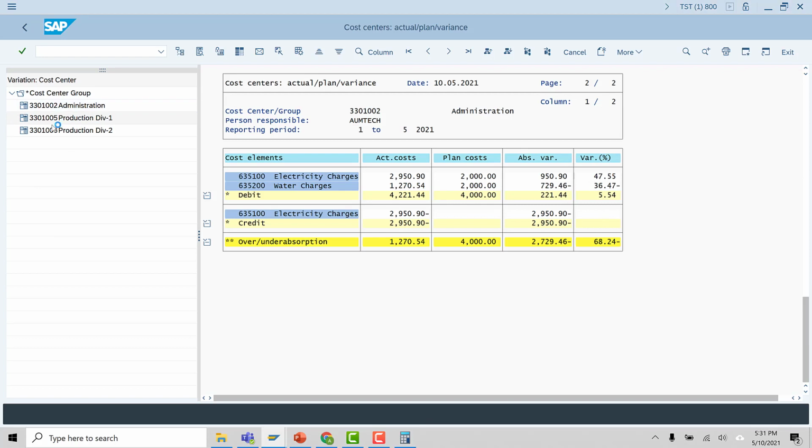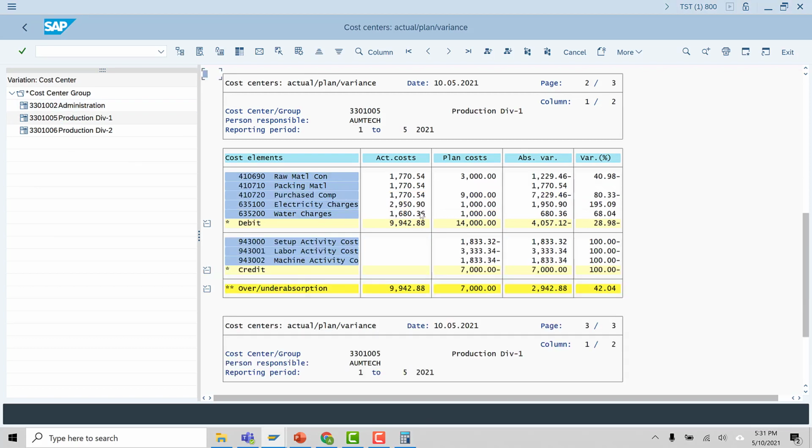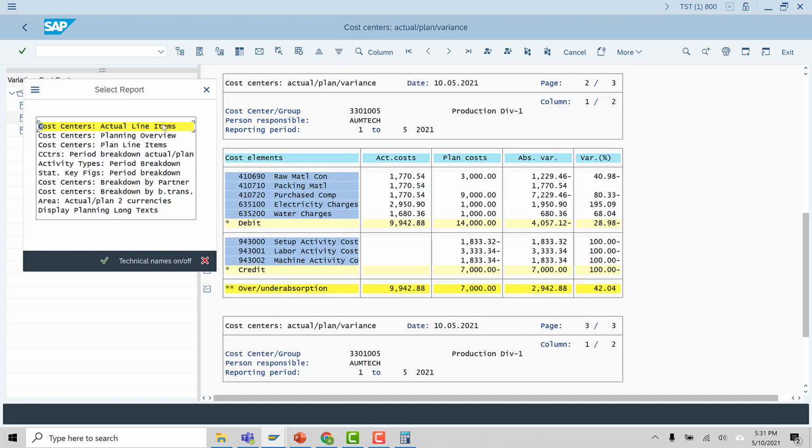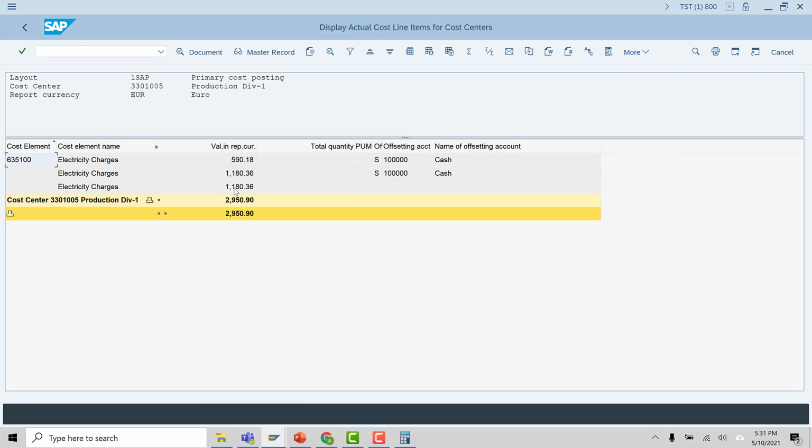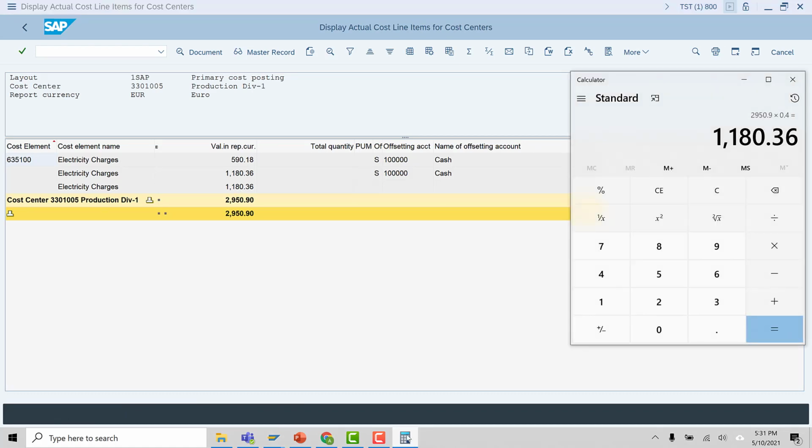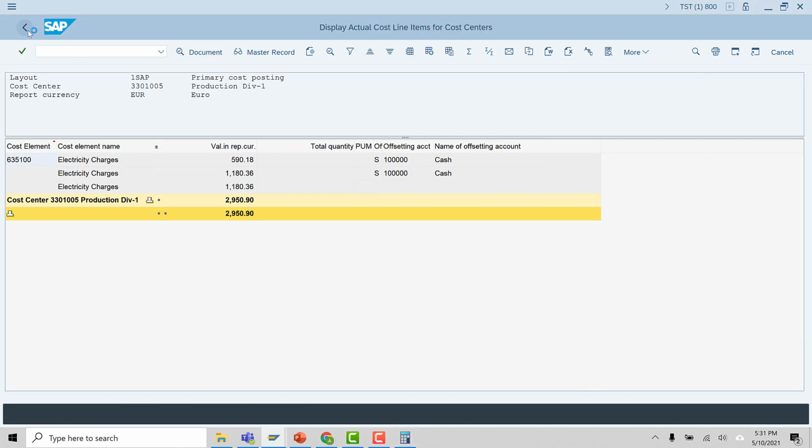That's what 1005 has received. Place your cursor on the amount, double click it, select cost center actual line items, and you can see the amount 1180.36, which this cost center received, 40% of the amount.